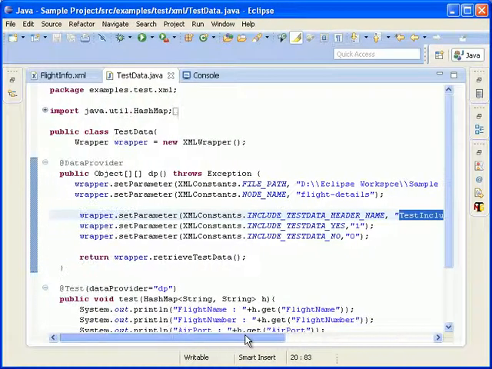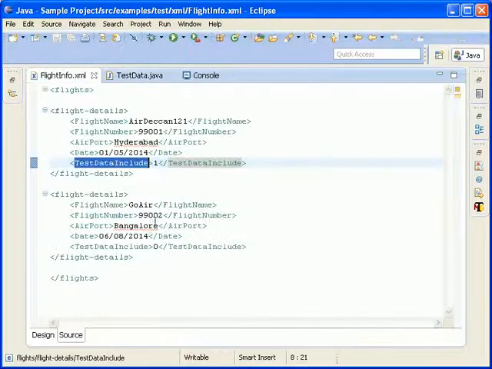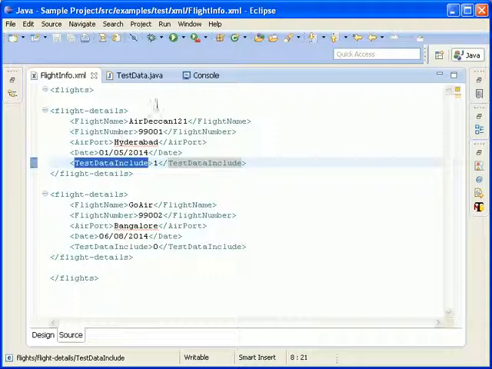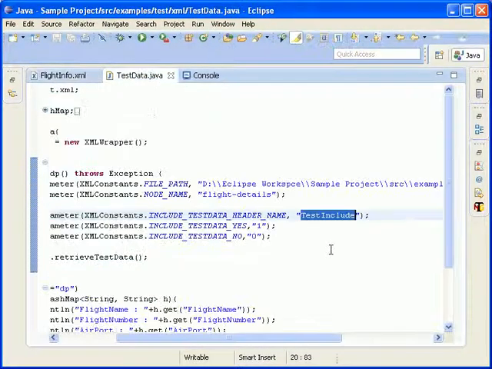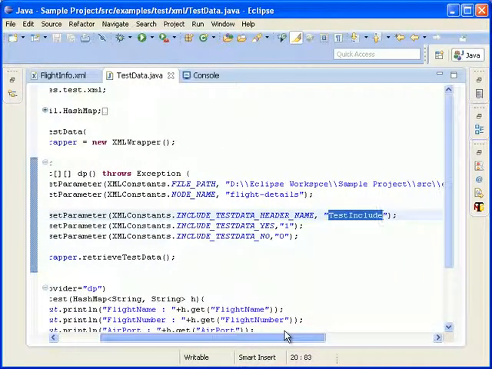In this case, how does the API work? You are configuring test include, and if the XML file does not have the element, it searches whether the element is present or not. In case the XML element is not found, it will throw an exception saying that the configuration is not available in the XML file.